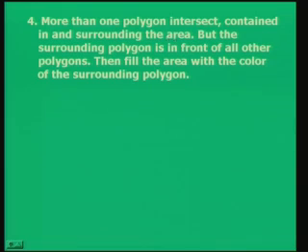So, more than one polygon could be intersecting, contained or surrounding the area. If this is the case, but we have just one surrounding polygon which is in front of all other polygons, then in that case also we can fill the area with the color of the surrounding polygon. This is interesting. We have many of those, but still there is one in front. In fact, one in front of you which is surrounding the entire rectangular area. There could be others behind which could be intersecting or contained in, but there is one surrounding, one in front.